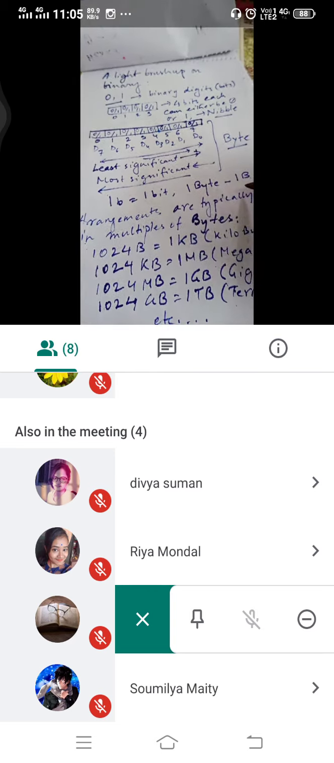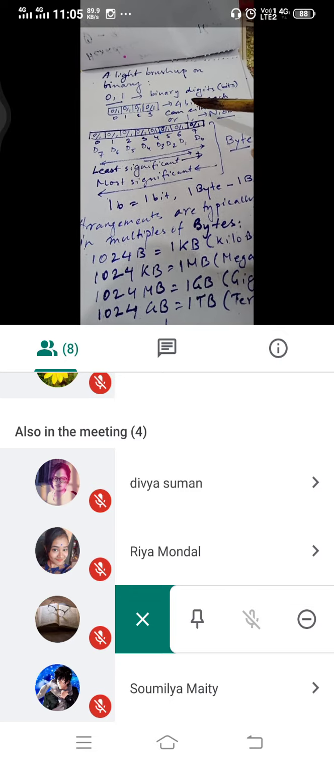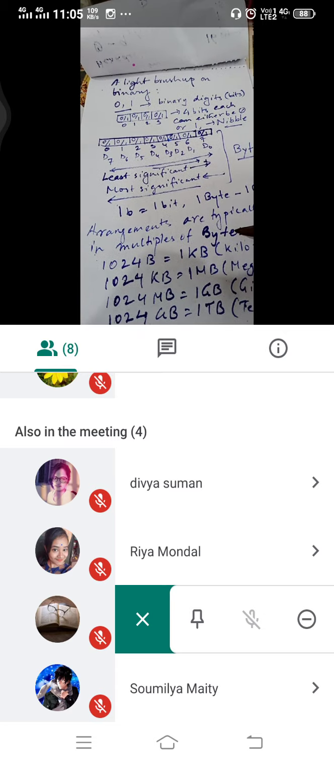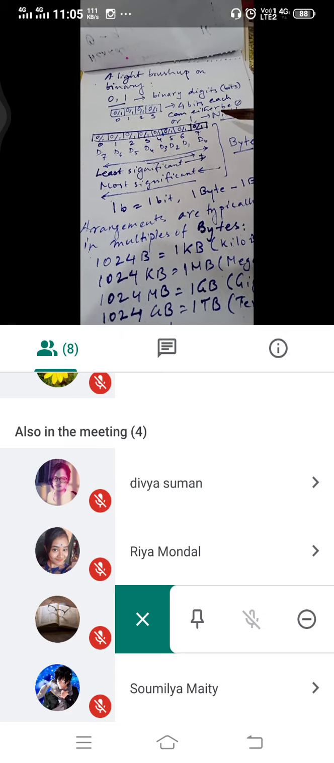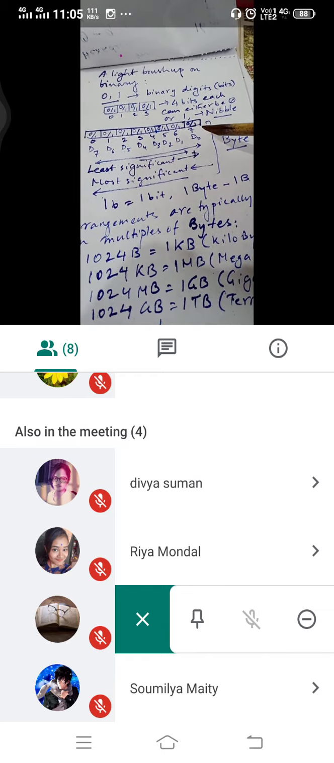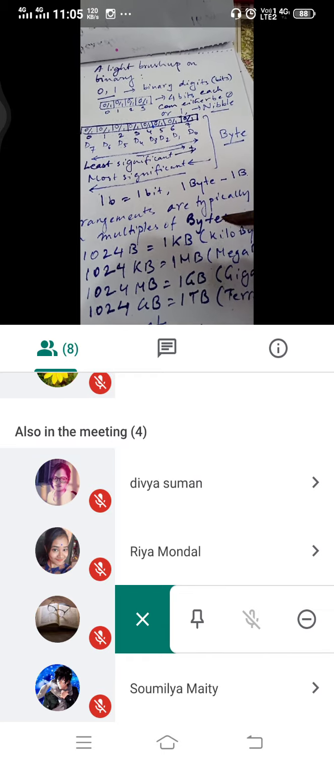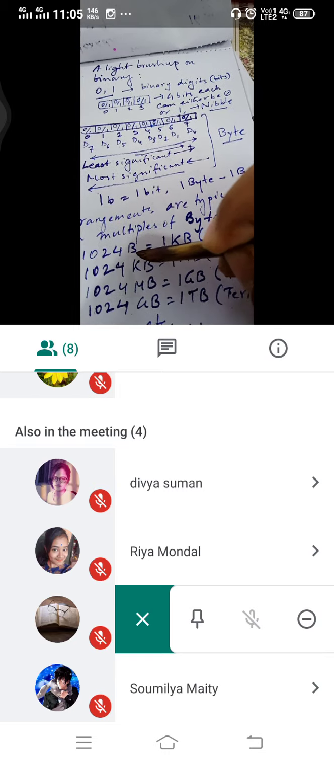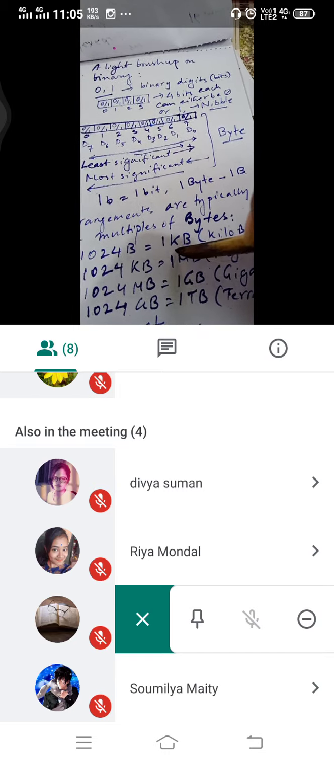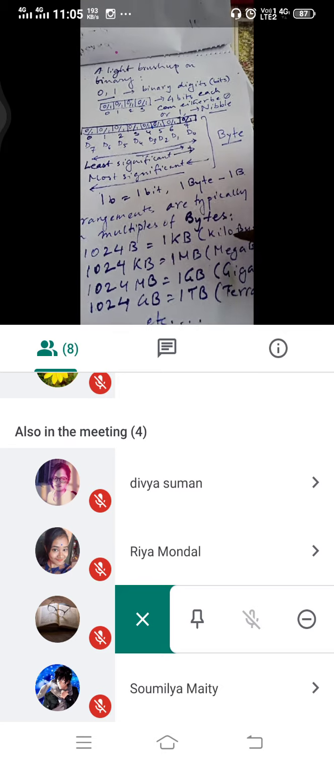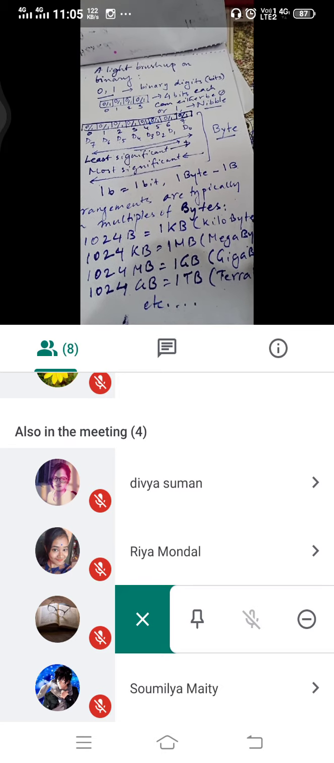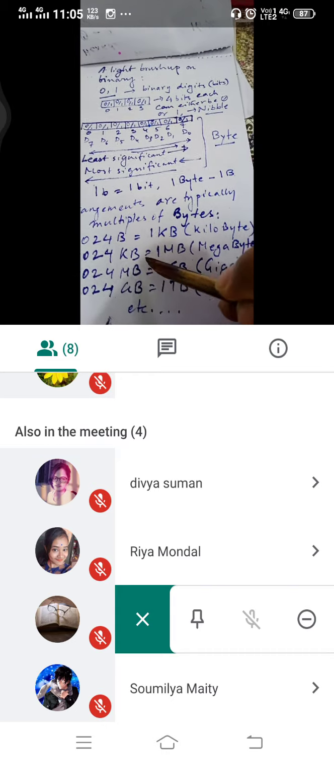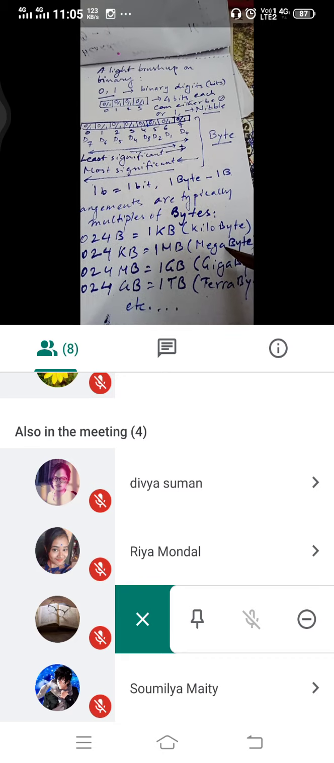Now, arrangements are typically in multiples of bytes. It used to be in nibbles before, say, the 1950s or 60s, or maybe until the 1970s, I can't quite remember. But after that, it has always been in multiples of bytes. Like what? 1024 bytes becomes 1 kilobyte, and 1024 kilobytes becomes 1 megabyte,